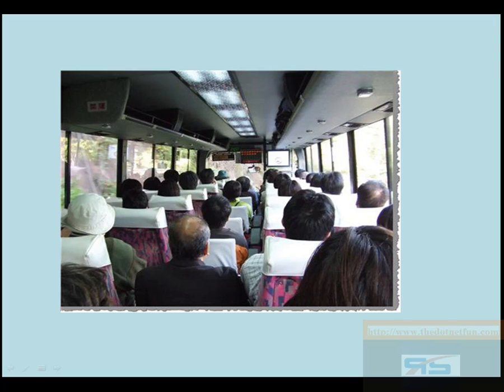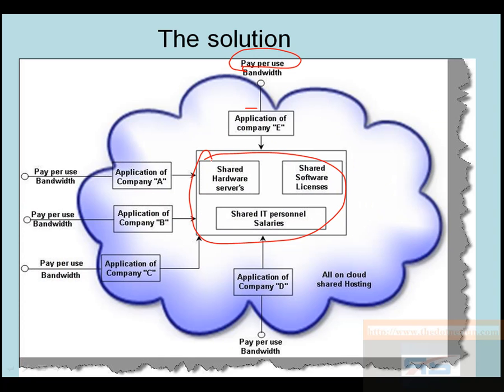And the fundamental is pretty simple. Let's say you can either take a car and pay a huge amount, or you can go into a nice luxury bus and share the cost with other people. So the pay per use fundamental will work with the sharing model. On the same server, the same hardware is shared between a lot of companies. So this whole shared environment is shared between application company A, company B, company C, and each one of them just pays for whatever they use.